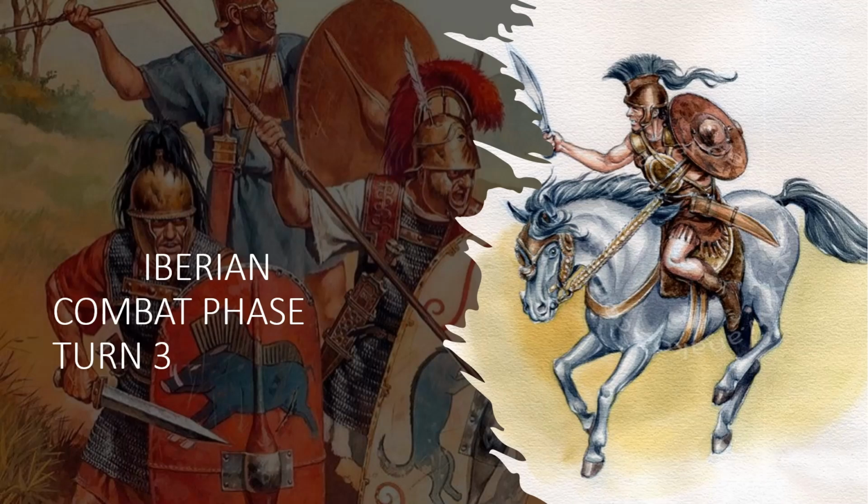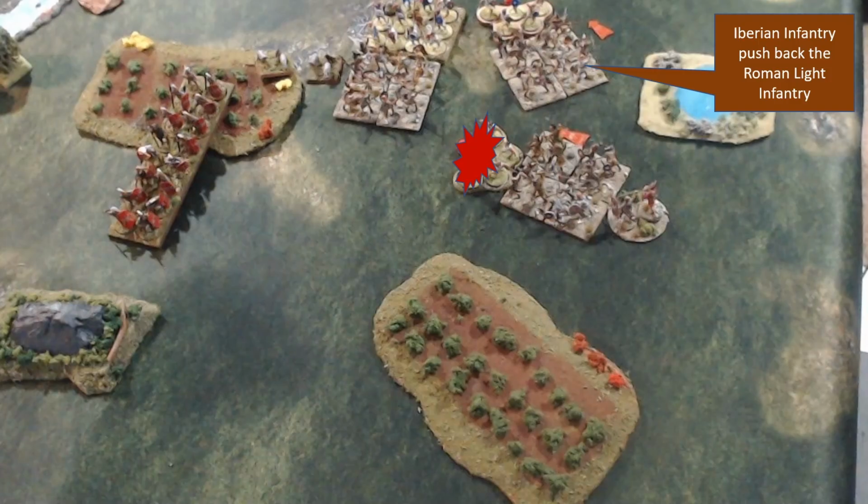All right, Iberian combat phase. All the orders were passed. Crashing in, the one Iberian unit is fighting a Roman light infantry unit, so it's kind of a straight up fight there. The little explosion marker there shows the Iberian commander's unit running into some Roman allied slingers who failed their evade test,